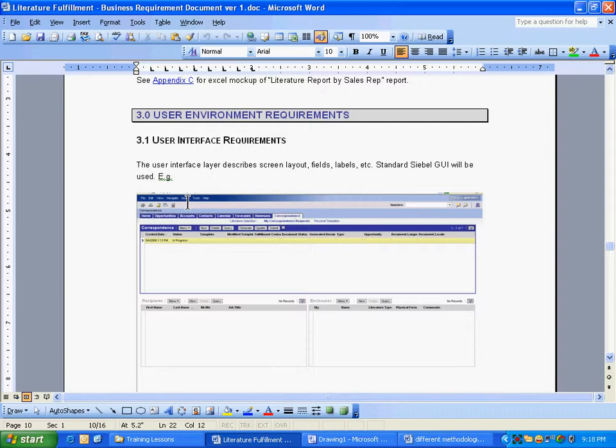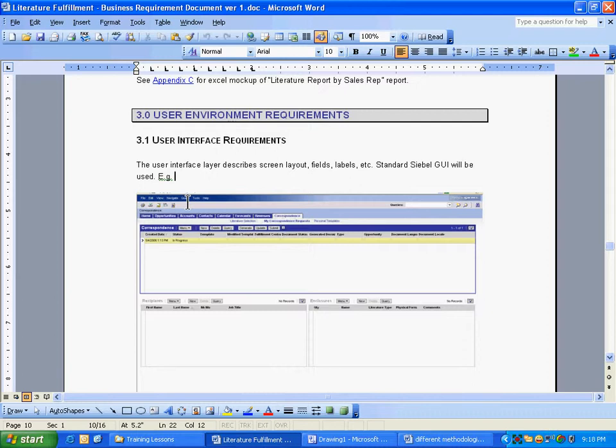But what happens, let's say the business is already using Siebel. Now you come here for an enhancement project. They've already been using it for 3 years. Now they want to do some enhancements, add some new functionalities. Is it right? Yeah. At that point of time, they will say, I want this thing in Siebel. At a business level, they will say, I want this report not in this view, but in this view.